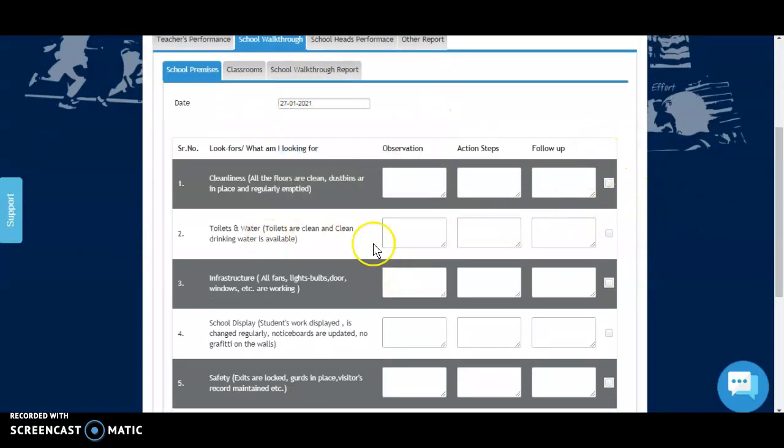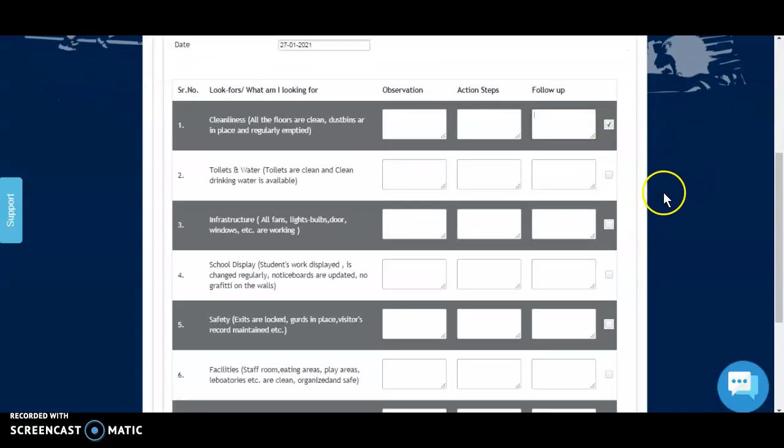Now we have different parameters like cleanliness. First, you have to select the parameter on which you're evaluating, and then you can enter your observation, the action steps that you're going to take, and the follow-up that you're planning to take maybe later in the week regarding the same observation.